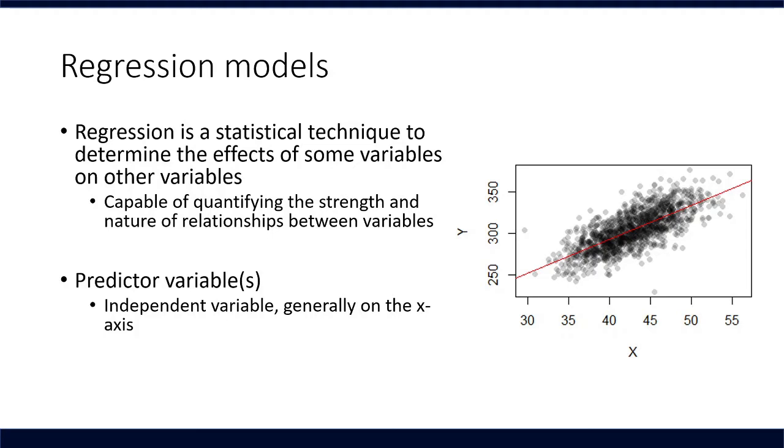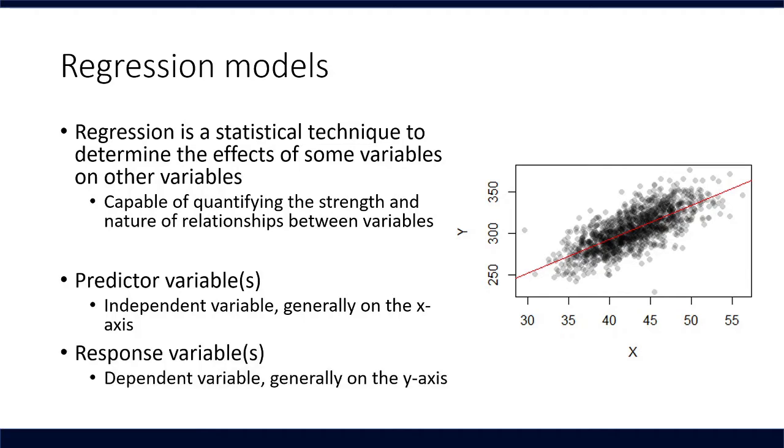First, you've got your predictor variable. Some of you might have encountered the term independent variable. It's the same thing. This is generally the variable that goes on the x-axis. And this is the variable that we use to then predict our other variable, which is called the response variable. Again, you might have also heard this as the dependent variable because it depends on the independent variable. I prefer the terms predictor and response, right? Your response variable, typically on the y-axis,